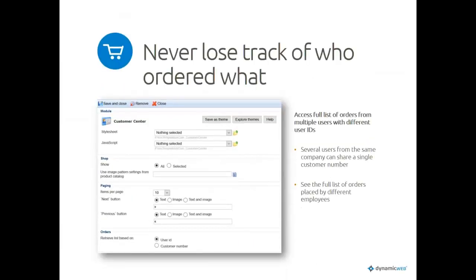Going on, a small change to the customer center that we use for showing previous orders and so on. This is related a bit to a feature I'm going to show you a little later. But you basically have one new setting on here. You can see you retrieve the list based on the user ID, which is how it usually works, or on the customer number. And it's a small thing, but it has a big difference for how this works, because